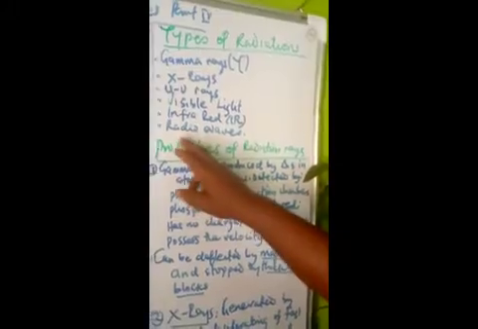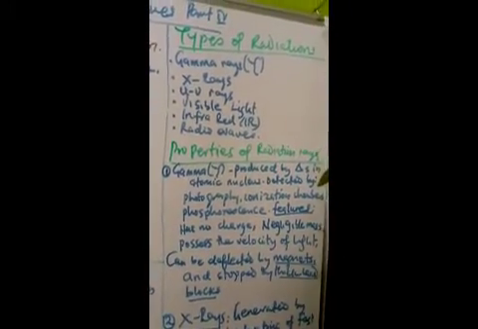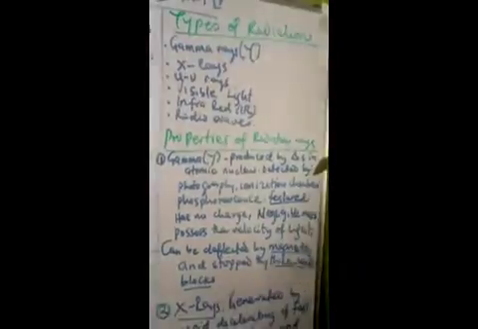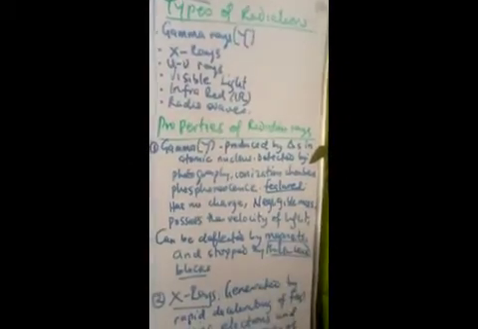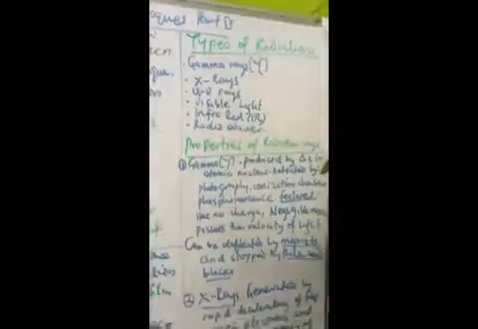And finally, we have radio waves. Radio waves are generated by oscillations of electrons in special radio circuits. These are radio waves sent from a transmitting station, and your radio receiver will receive them and interpret them as sound that you get on the radio. You hear police sending radio signals if there's a crime. You hear the army sending radio signals to their stations. These are all radio waves.